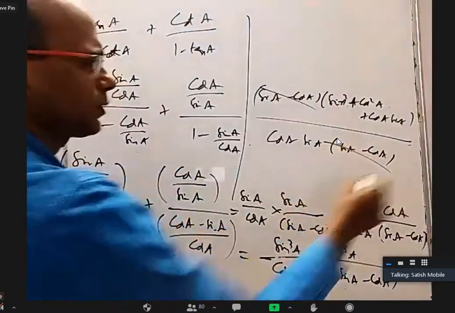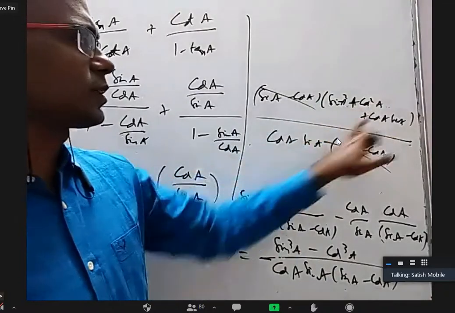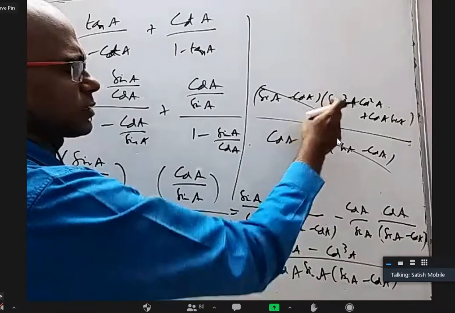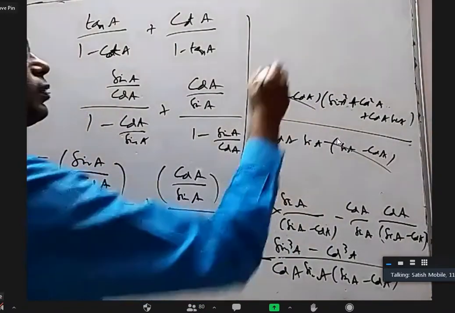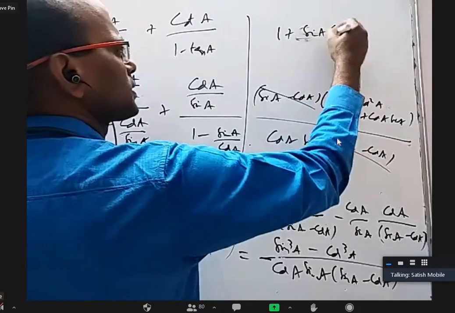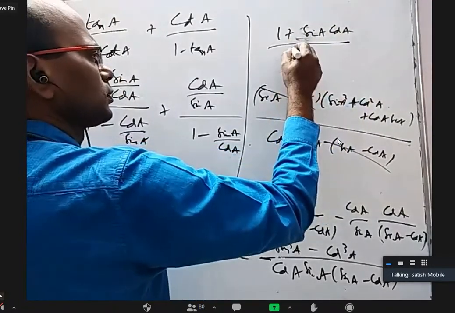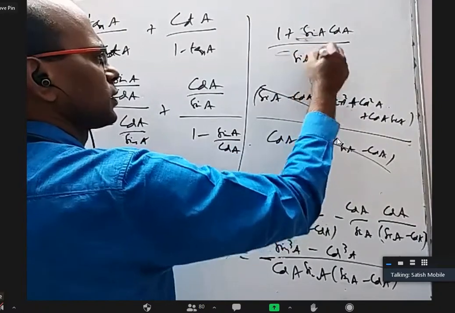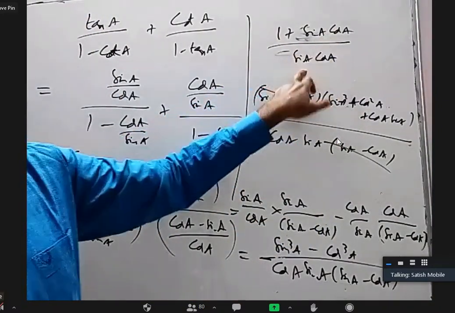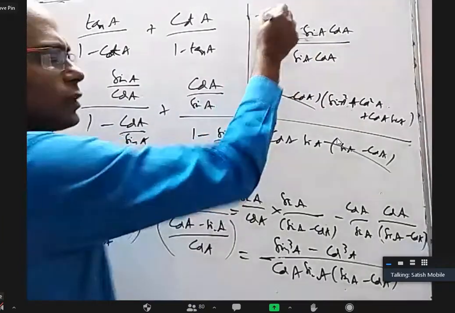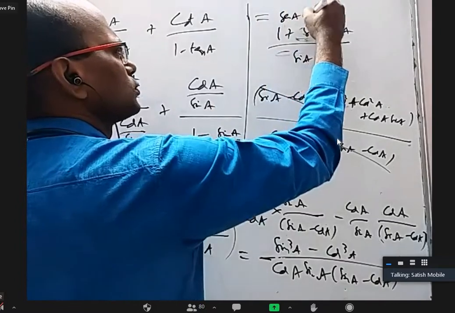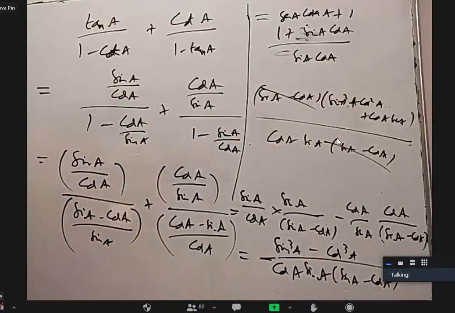These two will cancel. Now take this by this separately, this by this separately, this by this separately. When you take this by this, sin A will cancel. Right, 1 plus cos A sin A. You can write 1 plus sin A cos A by cos A sin A or sin A cos A, doesn't matter. This by this is cosecant A into secant A and this by this is 1 and that is the answer. So finally the answer is secant A into cosecant A plus 1.